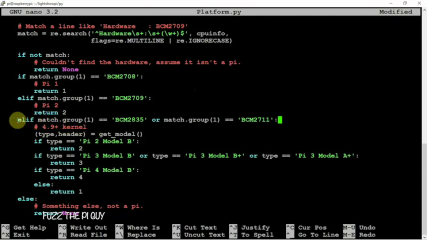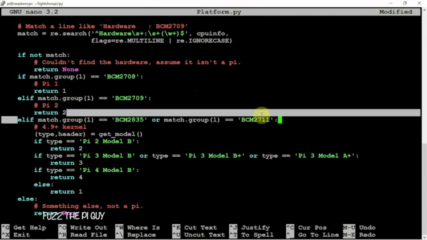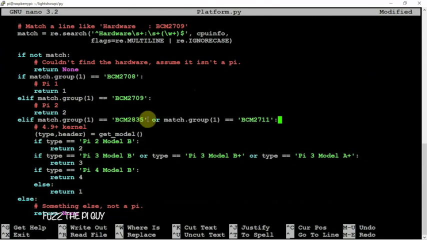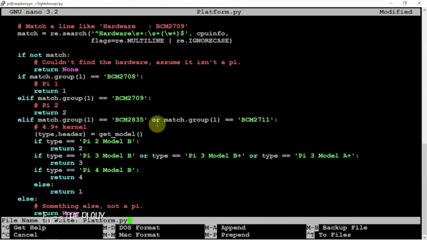And this is the way it should look after. This here was basically the way it looked before, other than the colon's not there. And this is the way it looks now. So now if we do a Control X, Y, and enter,